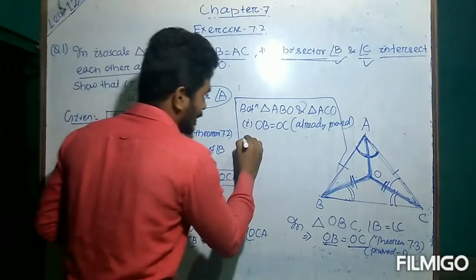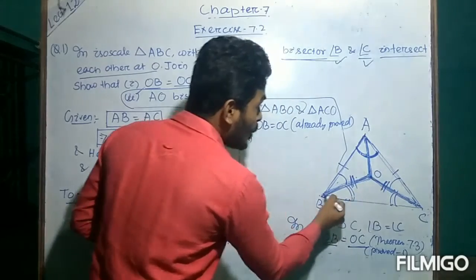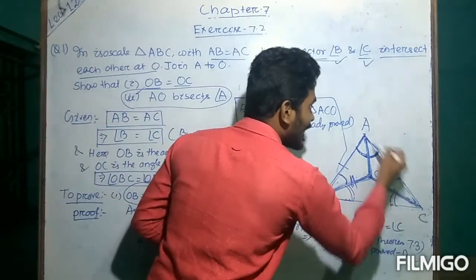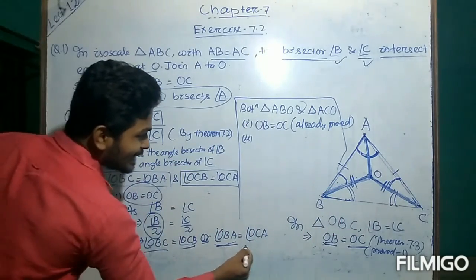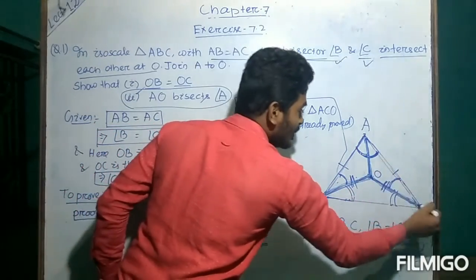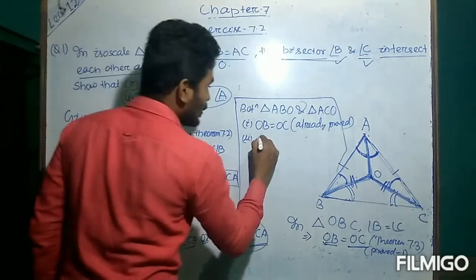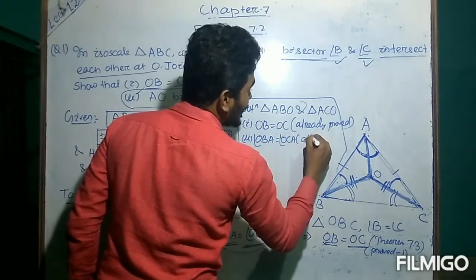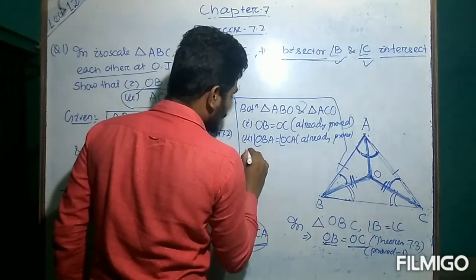Understood? Second thing, let's see. Since initially we have proved OBA, that means this angle is equal to OCA, this angle. Here we have proved OBA is equal to OCA. See, OBA, this angle is equal to OCA, this angle. We have already proved it. See this. So OBA is equal to OCA. Already proved. Now the third condition is,